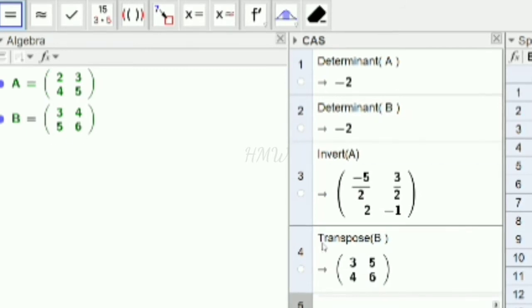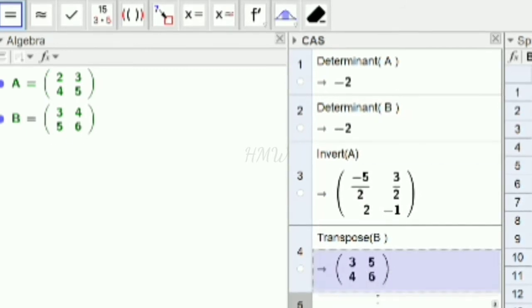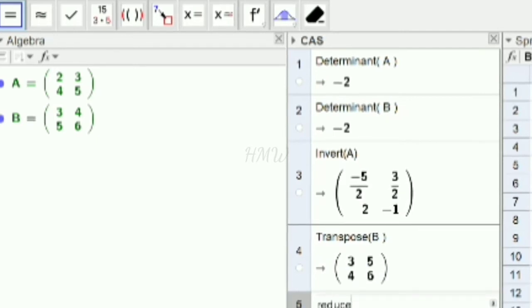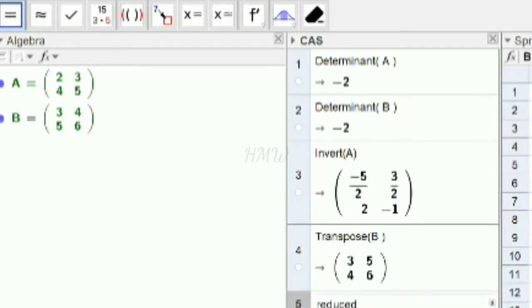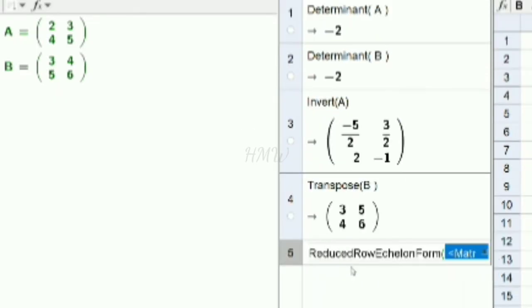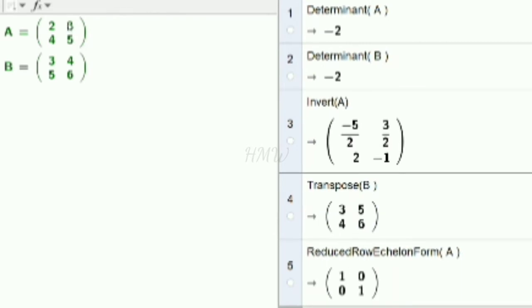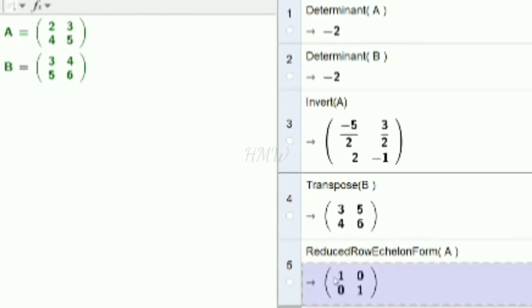The second column became the second row. This is how you find the transpose. One more thing is the reduced row echelon form of the matrix A. So this is the reduced echelon form. This is an invertible matrix. That is why we are getting an identity matrix here.